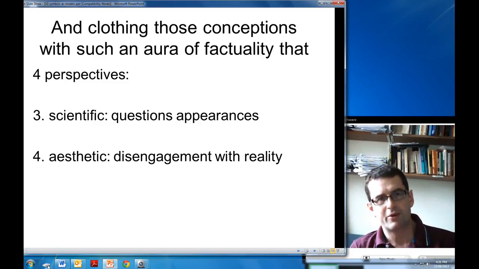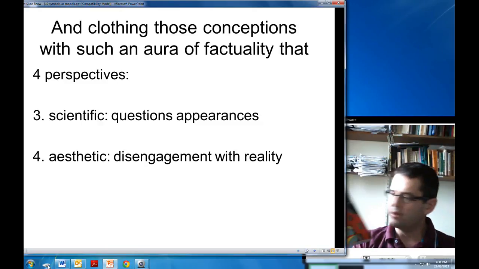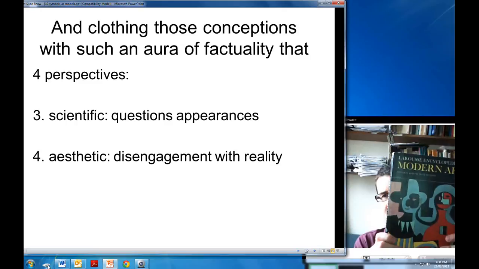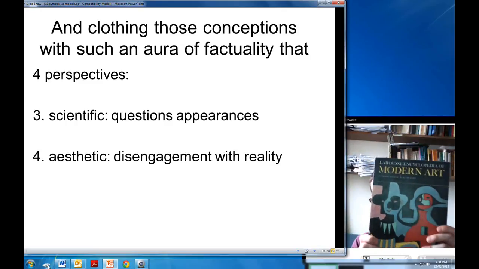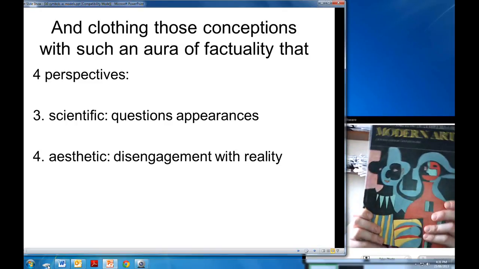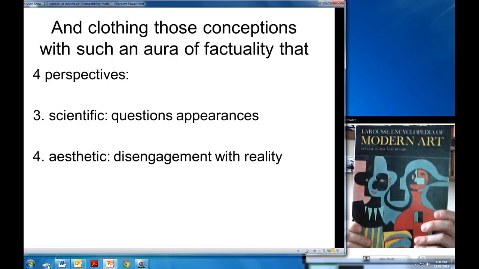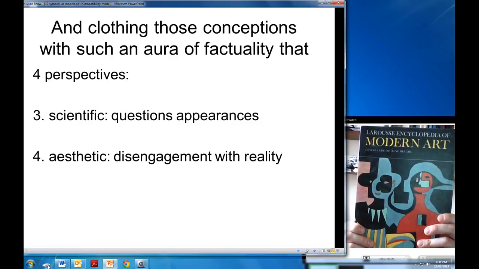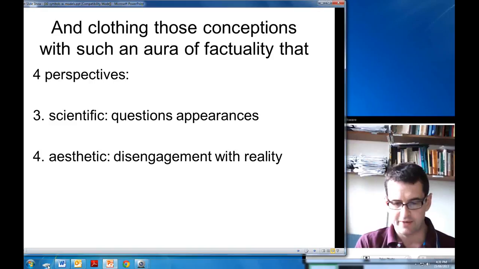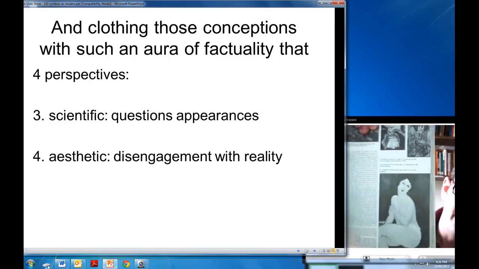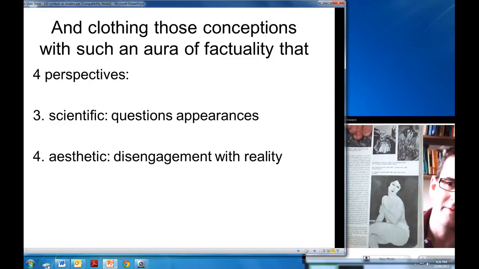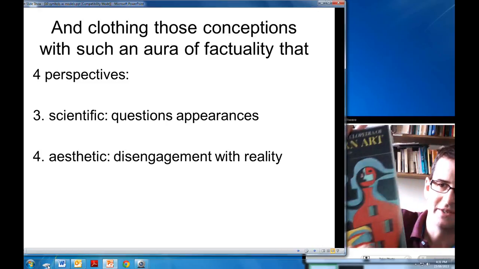The aesthetic approach to reality is different again. Fill up my encyclopedia of art, and we see here's an aesthetic way of looking at reality. Two people from an artist or an artistic or aesthetic perspective appear like this. Okay, so there are different ways to represent from an aesthetic perspective. So that's a woman from one aesthetic perspective, this is from another aesthetic perspective.